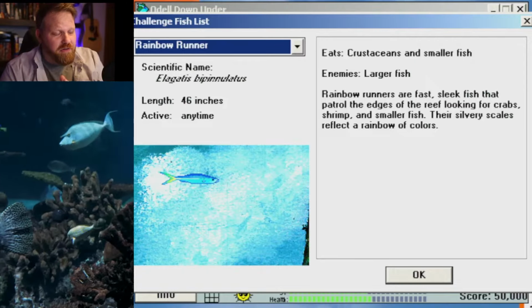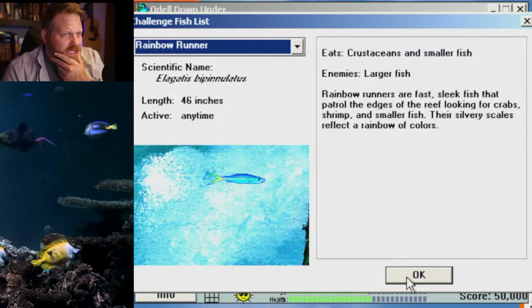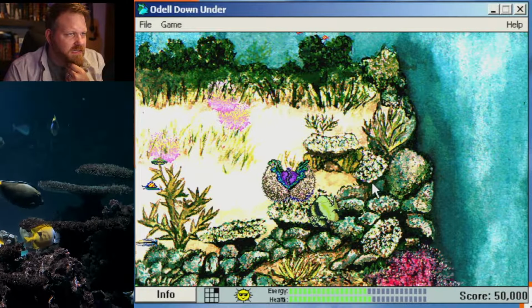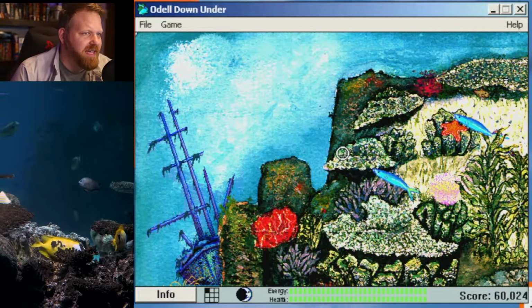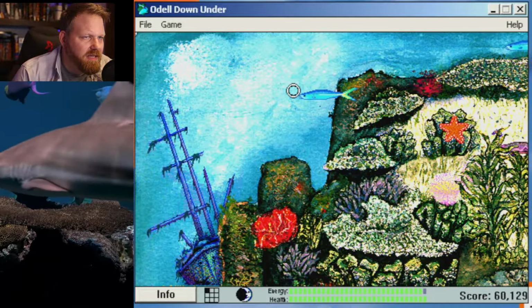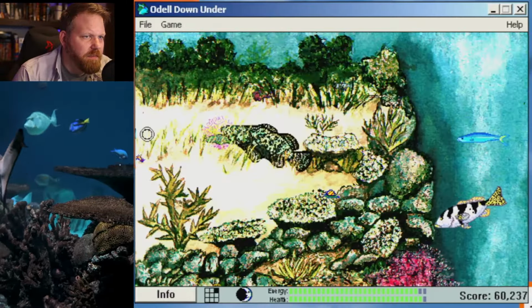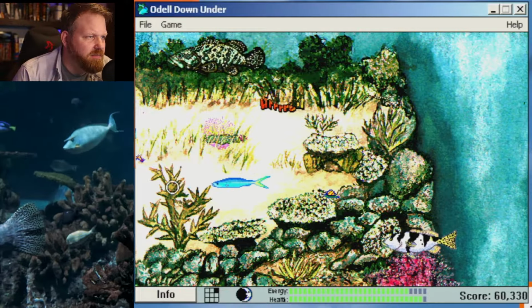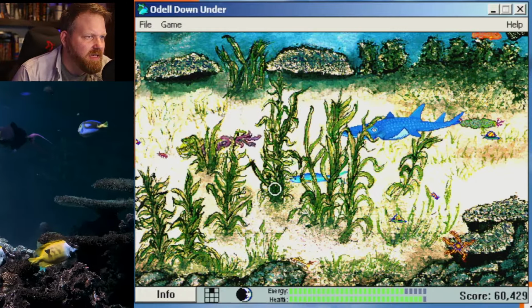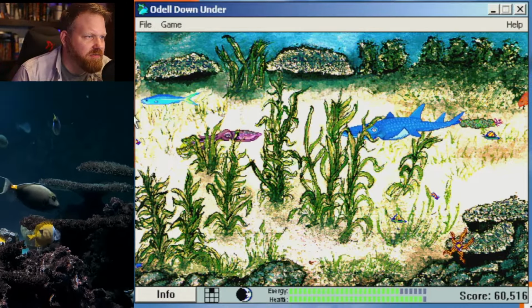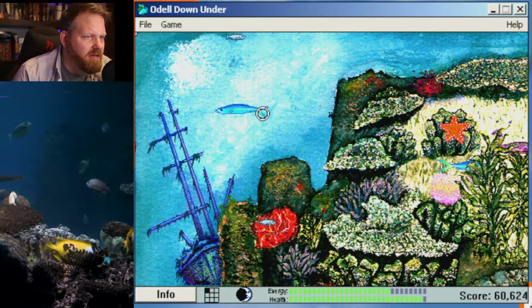Very fast. They look for crabs. I finally found a crab, as we saw. So let's go after it. Let's see what we can find. Okay, we need to move with haste, I think, being as this is round 4, and